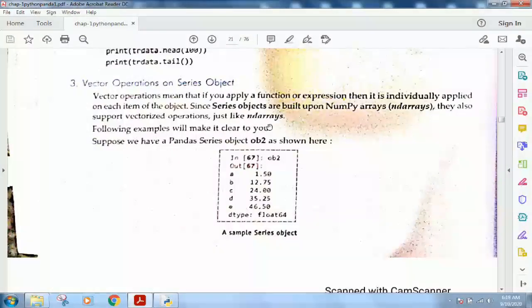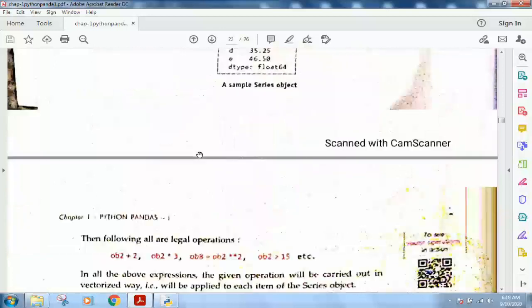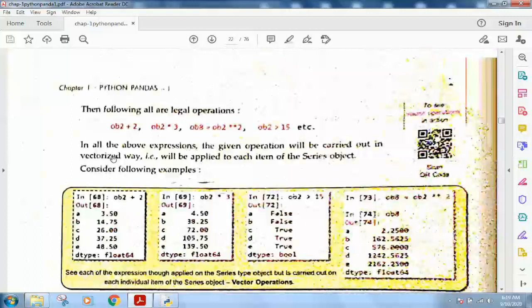For example, if I want to multiply each element of the series by 2, then I can do it, and this is known as vector operation. Okay, if I want to divide each element by 10, so each element will be divided by 10. If I want to add plus 2 to each element, I can write it in this way, ob2 plus 2.